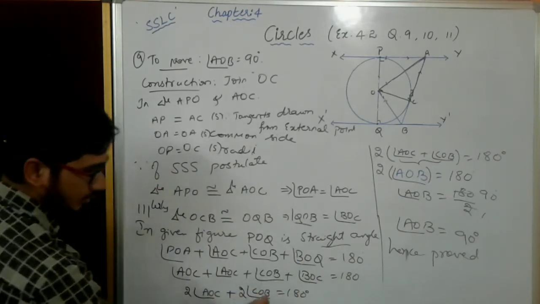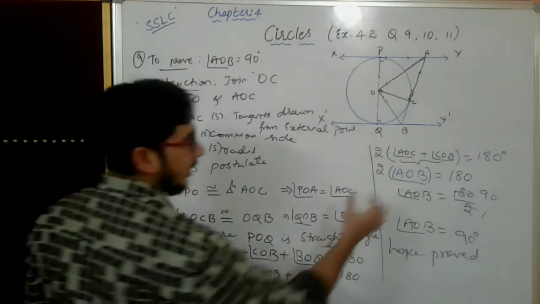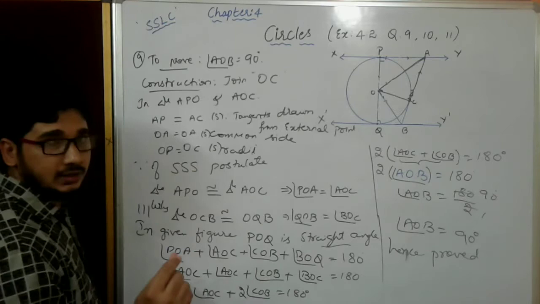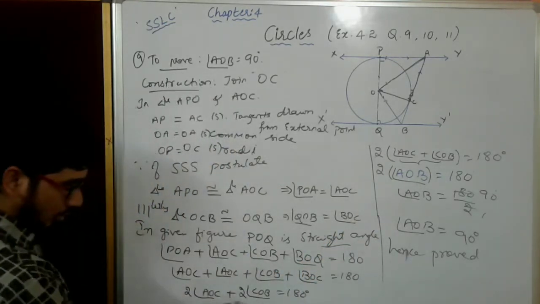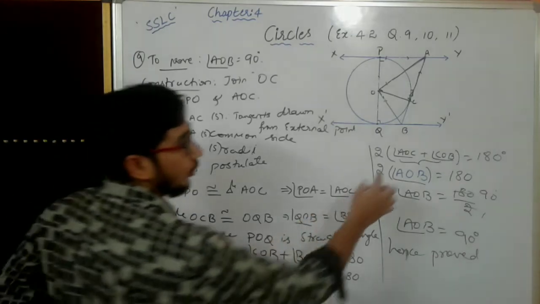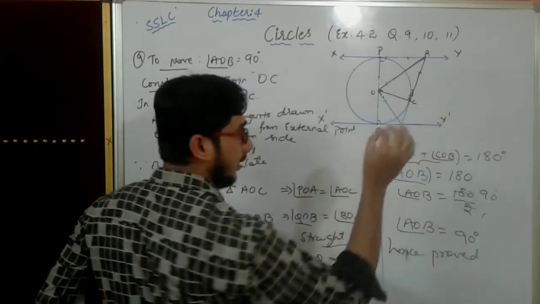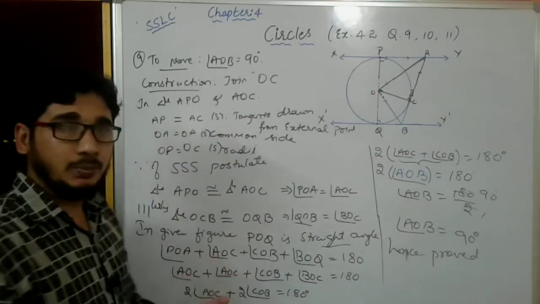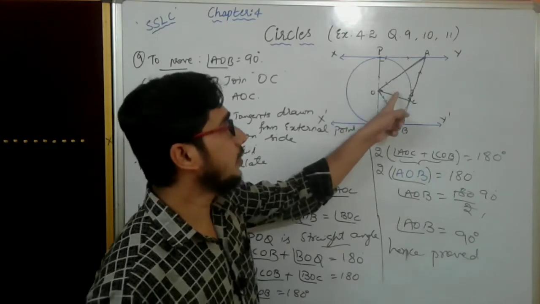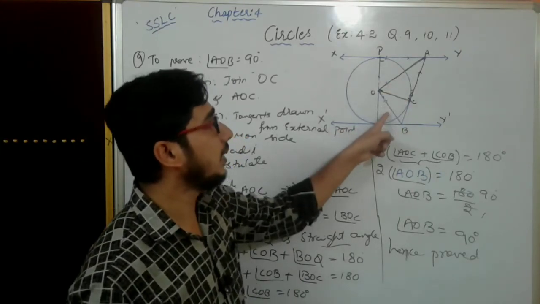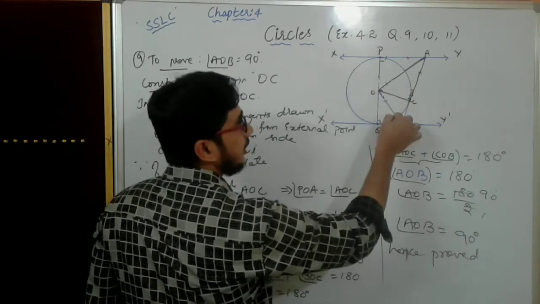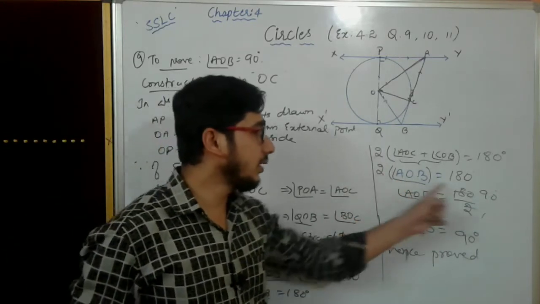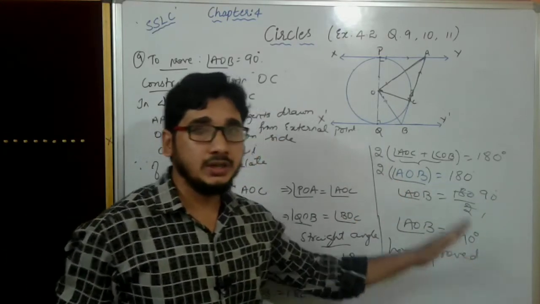Add these 2. Add these 2. Take 2 common outside. Again add these 2. 2 times you are adding, here you are adding, here you are adding again. Once again, after taking 2 common outside, these 2 also you are adding. When you add these 2, AOC plus COB, totally how much will it become? 3 plus 2, 5, no, like that. From here to here plus here to here, totally from here to here is the angle. This angle plus this angle, totally from here to here, this much angle you have to write, that is AOB. Divide now, you will get 90 degrees. AOB is equal to 90, hence proved.